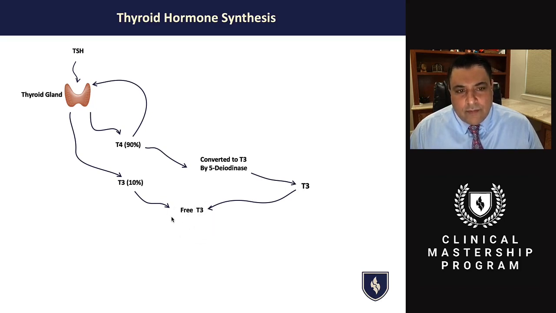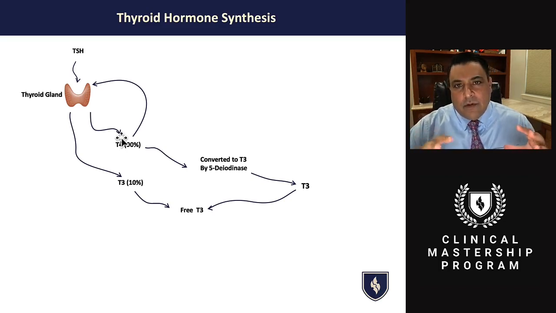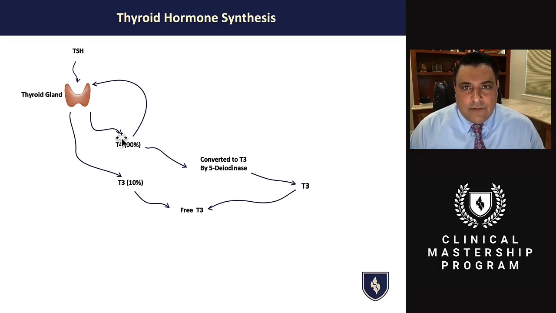So there are a couple of things to remember. When the thyroid gland is synthesizing thyroid hormones, they are bound to thyroid binding globulin, right? It's bound to a protein. This thyroid binding globulin allows the thyroid hormone to circulate into the bloodstream but not be able to bind to any receptors. So the thyroid binding globulin prevents it from binding to receptors but allows it to be circulated throughout